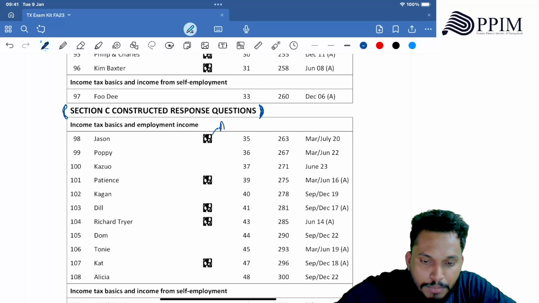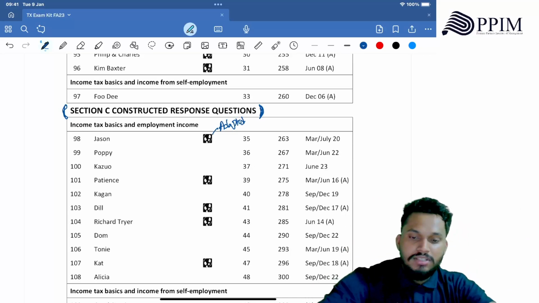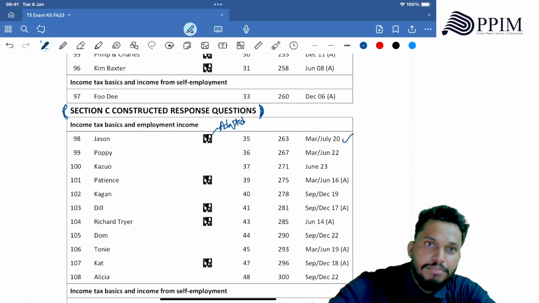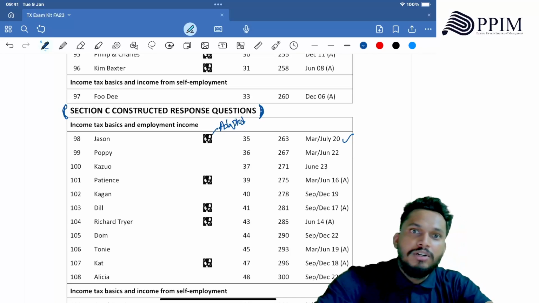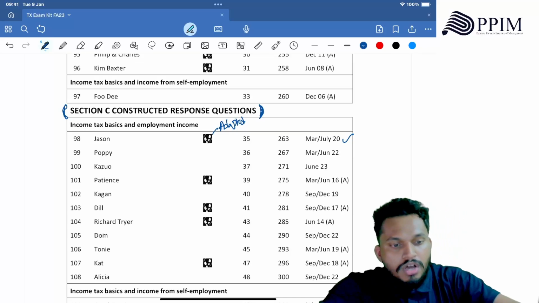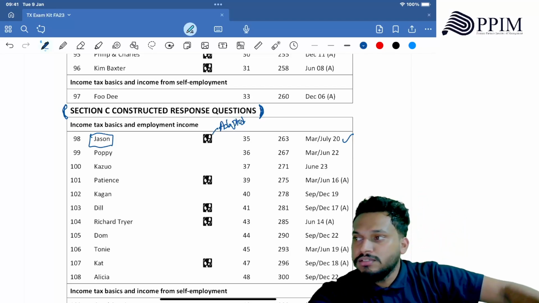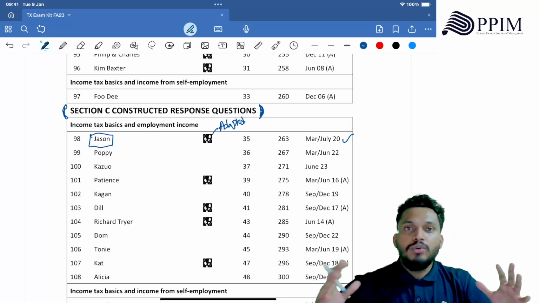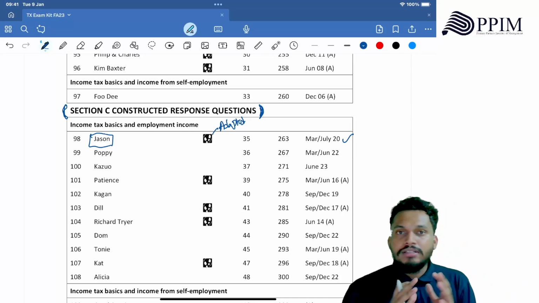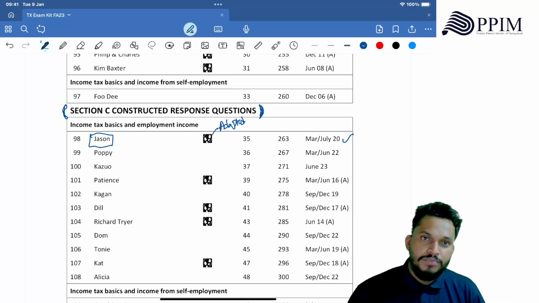The footprints mean adapted. What do you mean by adapted? These are very old. This is the March and July 2020 exam paper. They have adapted these two together to reflect your Finance Act. But it's not a bad question to start off with. So we are going to analyze the case of Jason. Only Jason's question we are going to do. We are going to see what sort of things the examiner is asking from us. What are the requirements? How I need to structure an answer to this question is our aim.